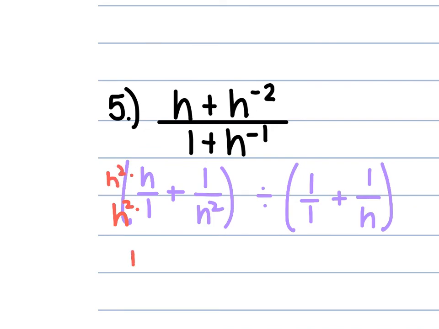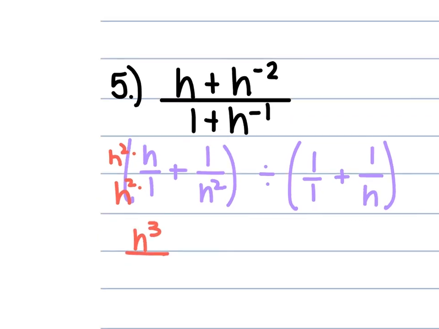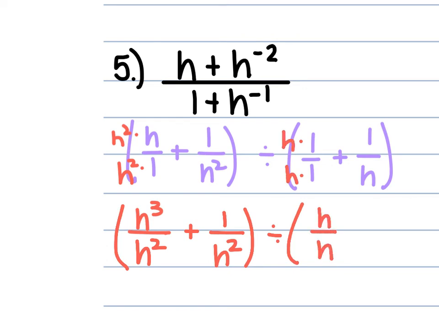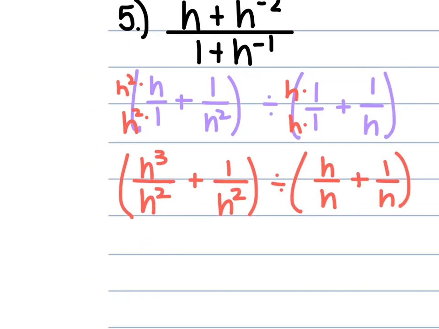So this is going to be h cubed over h squared plus 1 over h squared divided by, for the second fraction, h is the least common denominator, so it's going to be h over h plus 1 over h. We can rewrite this now as h cubed plus 1 over h squared,